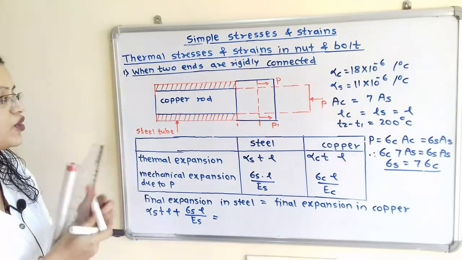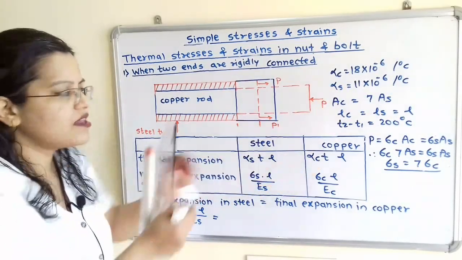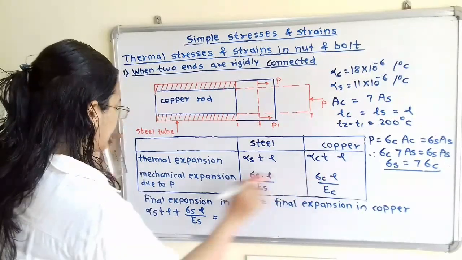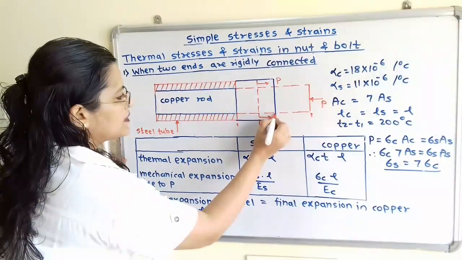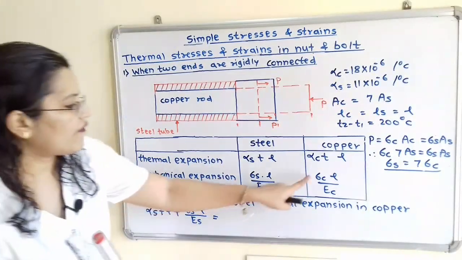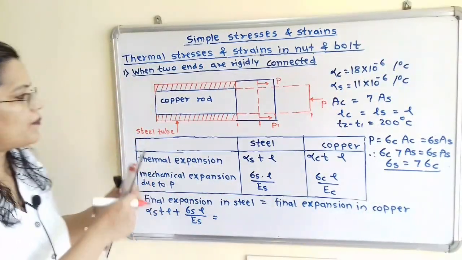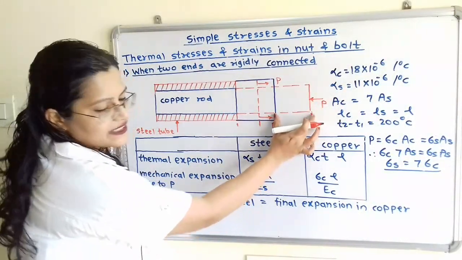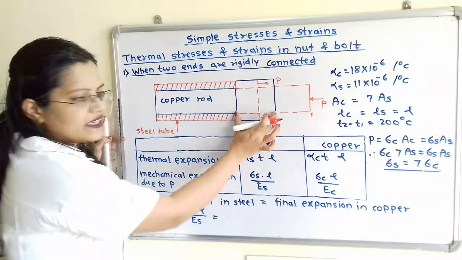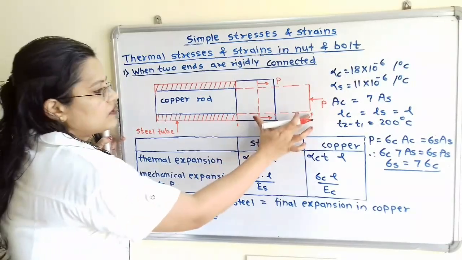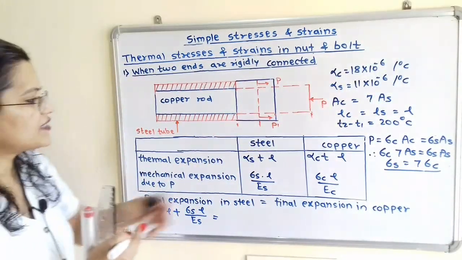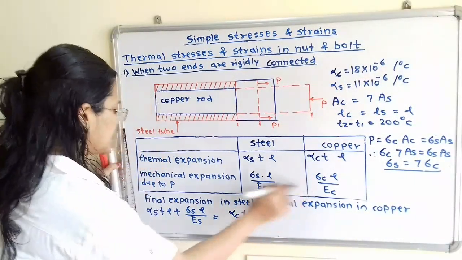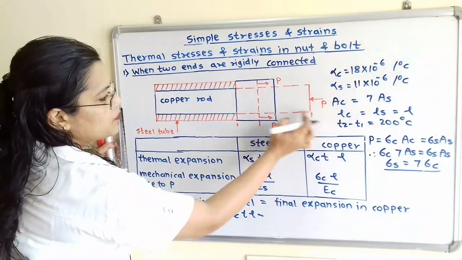Now for copper, if we observe, final expansion due to thermal is taking place up to this length, and mechanical expansion, that is due to applied force P, is taking place up to this length. So how to find out the final expansion in copper? So if we take this thermal expansion minus this mechanical expansion, then we will get the common or final expansion. So thermal expansion is alpha C T L. So we will write here alpha C T L minus mechanical expansion, that is from this point to this point due to